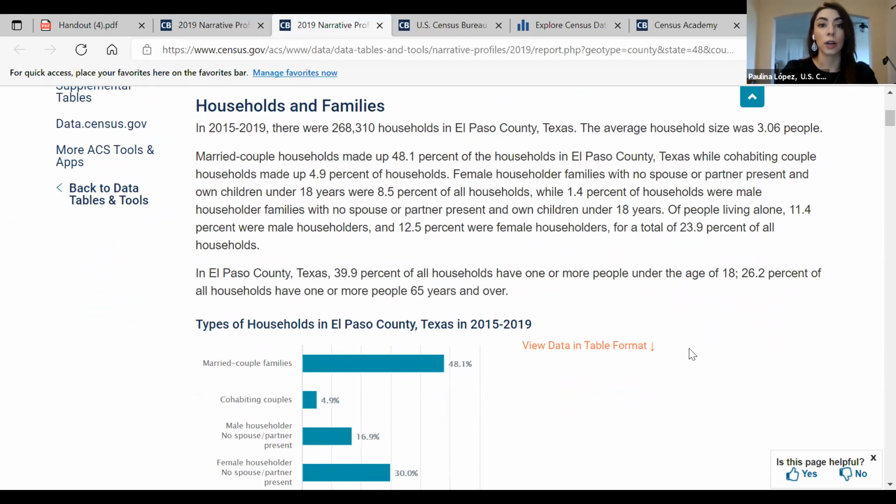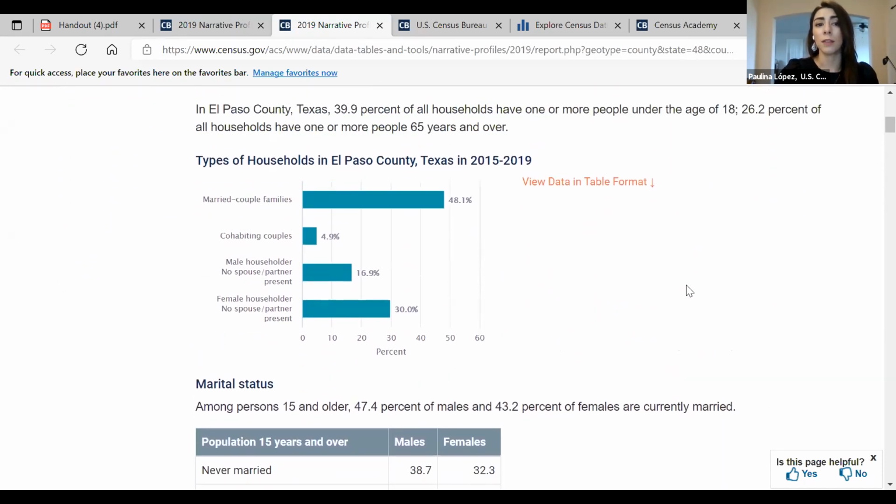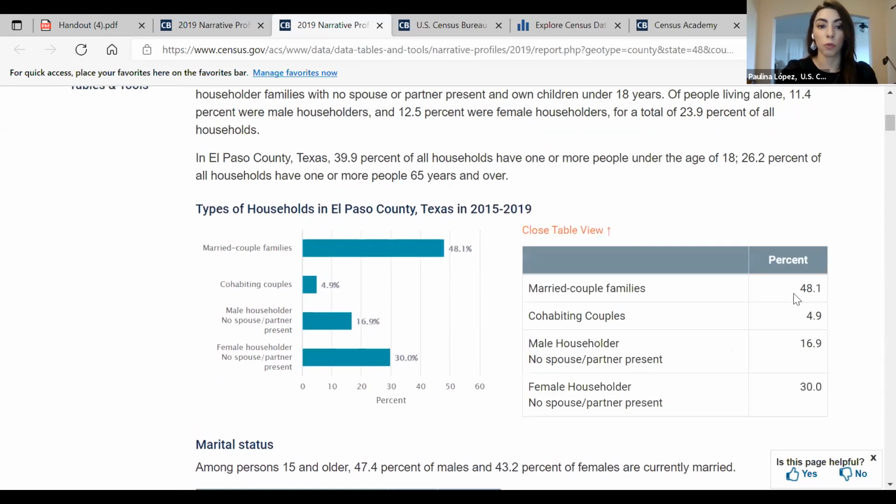So here it tells you married couple households made up 48.1% of El Paso County. What's the female heads of household, male heads of household, and then it gives the chart, and you can view it in a table format.